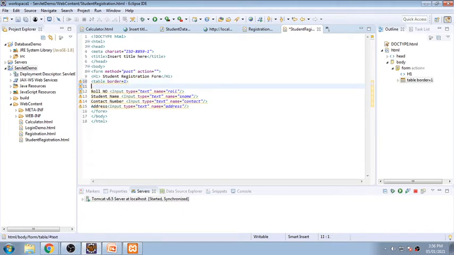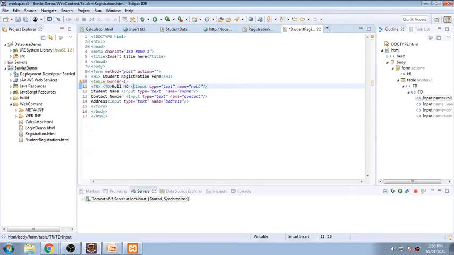So in this there will be a table row, and into the table row, the first cell will be TD, roll number in the first row. First cell will be table roll number. Now I'm closing this slash TD, and the second TD will be my input box, and I need to close this input box over here. So slash TD, and I need to close my row also. So table row is being closed.